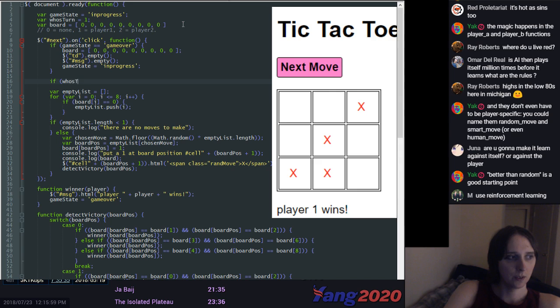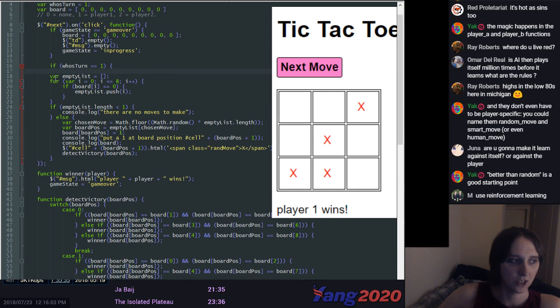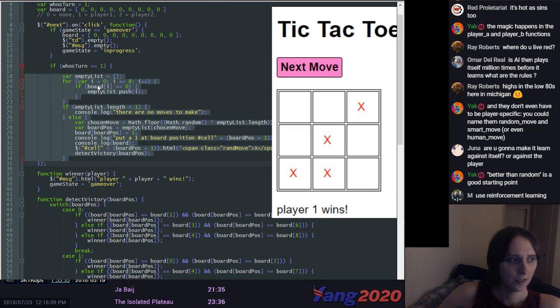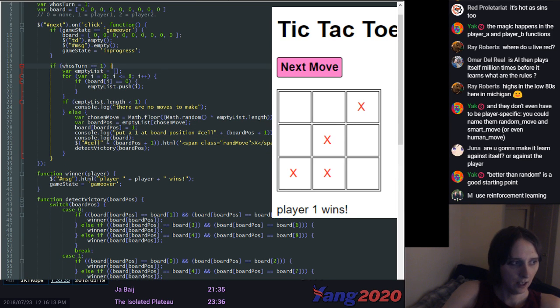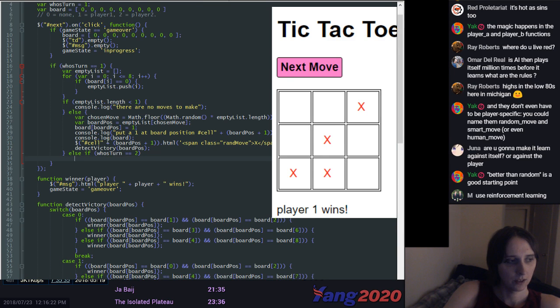If whose turn equals 1, then this empty list stuff, all of this, right? However, if whose turn equals 2,